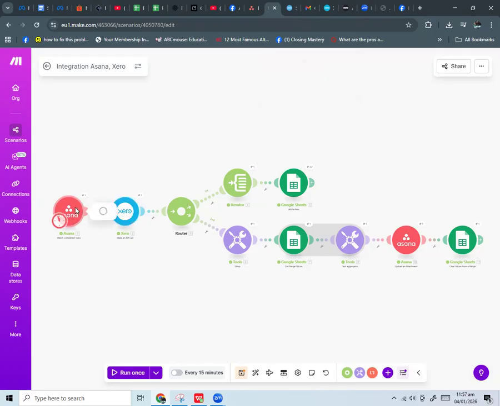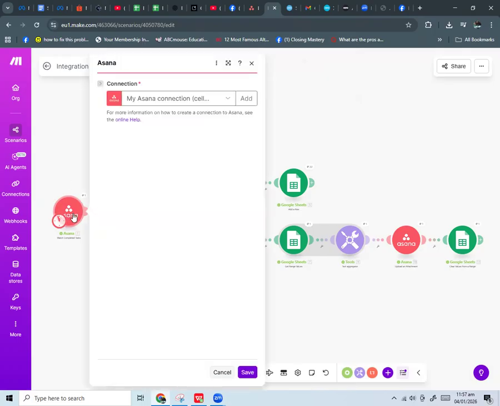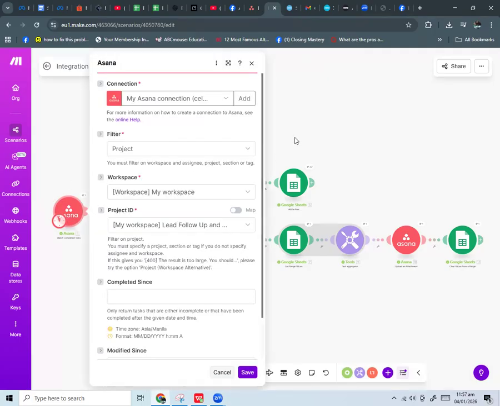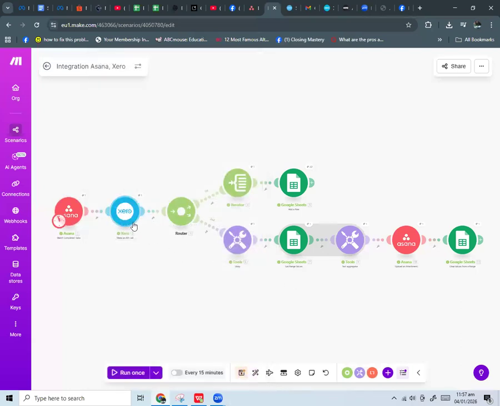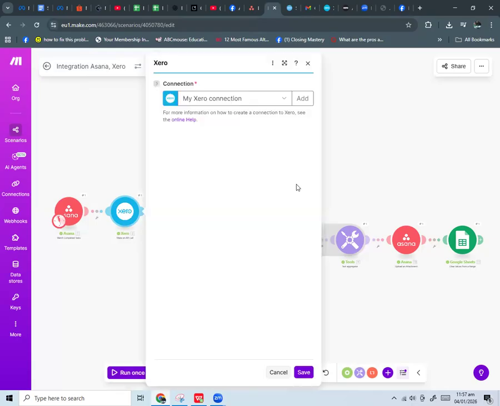After a task is updated in your Asana CRM, next Xero will run and get the bank transactions from your Xero accounting software, and after that, this will iterate those bank transaction data and write it on your Google Sheets.